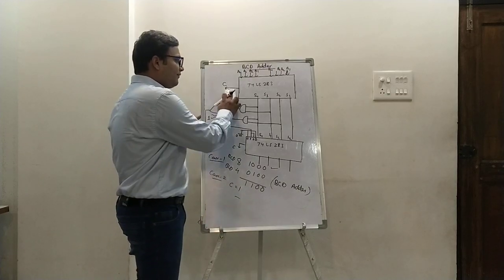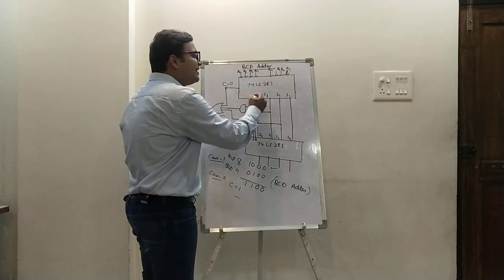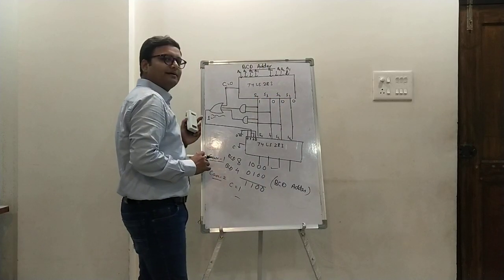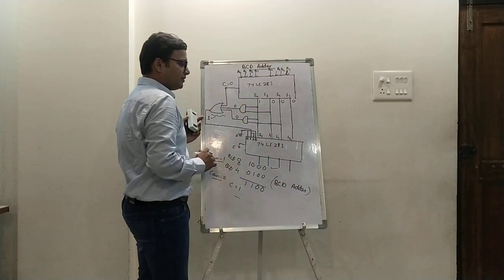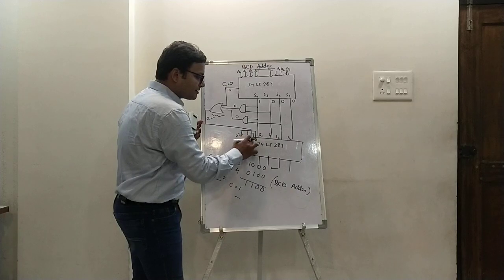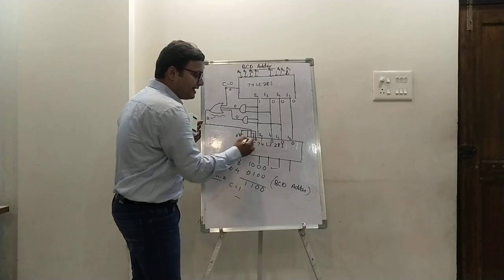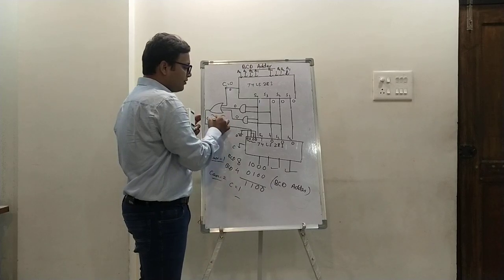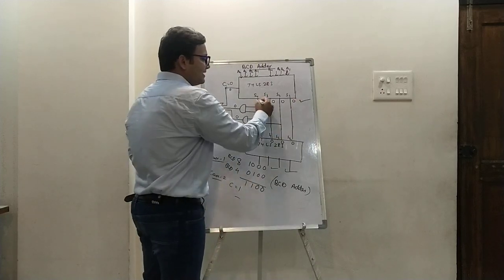Now case 3. If no carry is generated as well as the sum is less than 9, so let's say 1 0 0 0. What will happen if it is less than 9? Obviously this is 0, this is 0, so this is also 0. Then the output is 0, and this will also be 0 0. Now this 1 0 0 0 is added with 0 to get the final, so there is no change. So this combinational circuit is not going to affect anything if the BCD sum is a valid BCD, that is, less than 9.